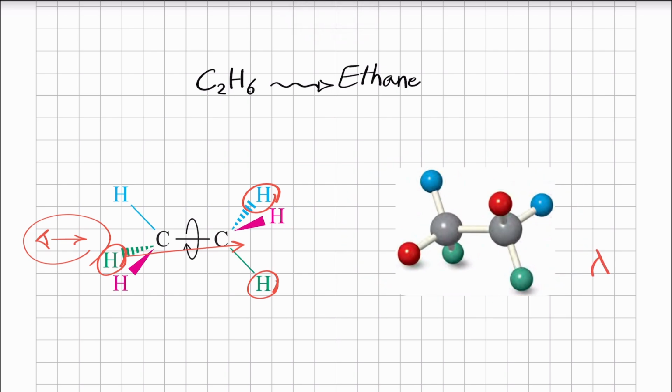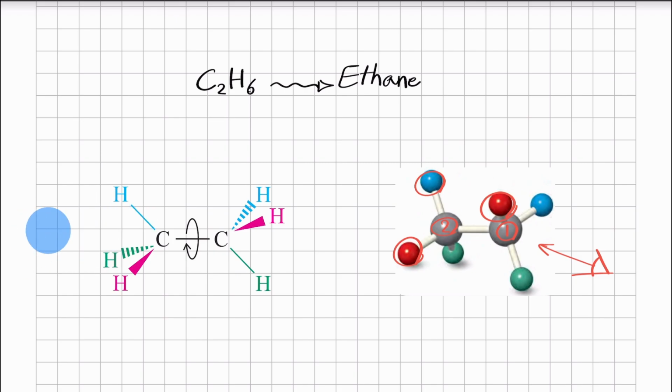I think it's easier to understand when you look at this model on the right. So again, this would be your eyes. You look in this direction, you can see that this hydrogen connected to carbon number 1 is exactly between the 2 hydrogens that are connected to the carbon number 2. Okay, but let's move to another